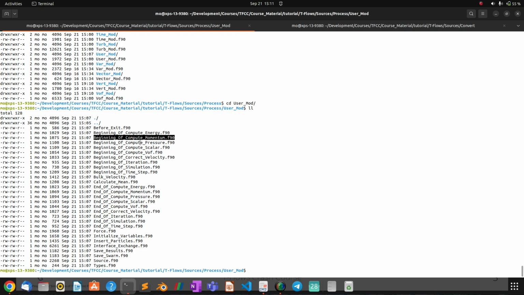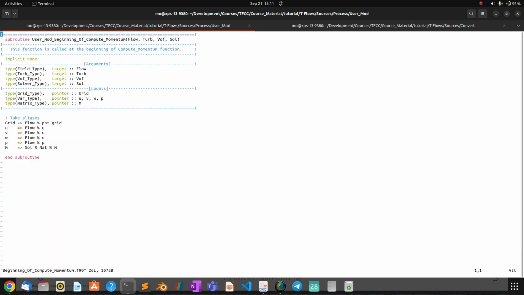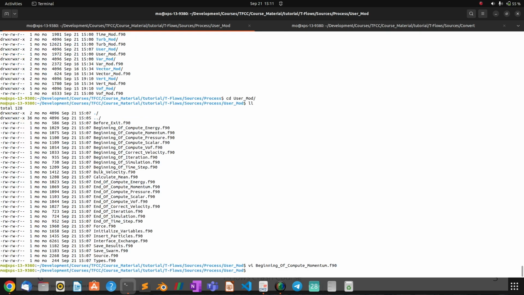Each of them is an empty function. You can see that those are just templates. If you go inside this file now, you will find that you have a list of functions, and each of these functions is a template. So if you, for example, open this, let's say beginning of compute momentum, then you open this,